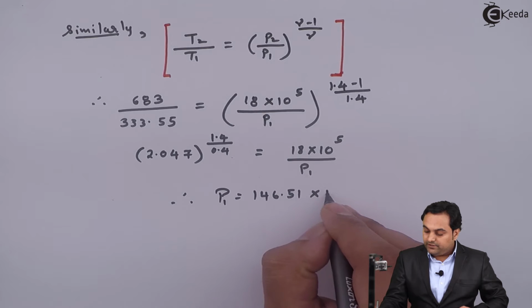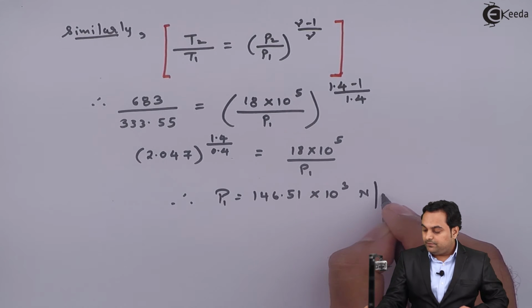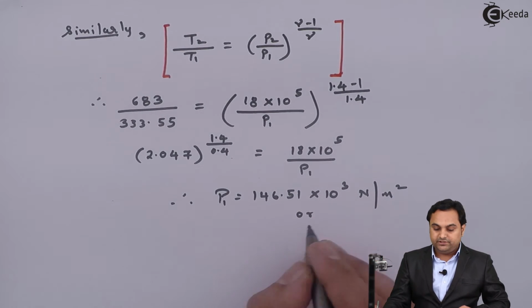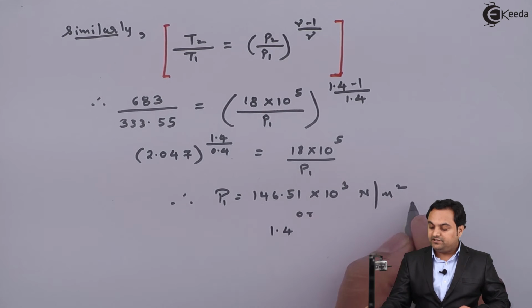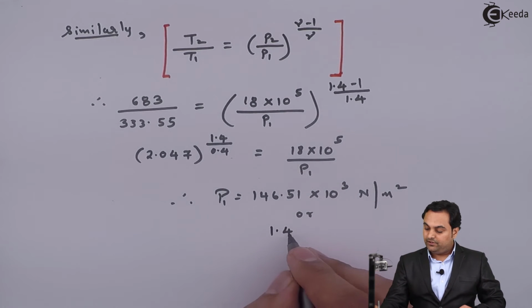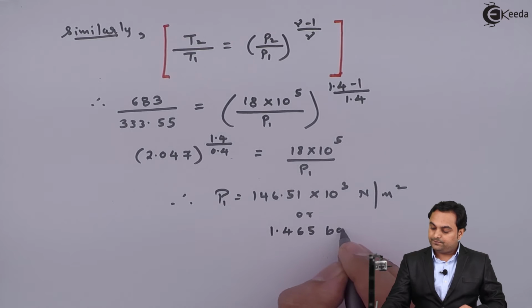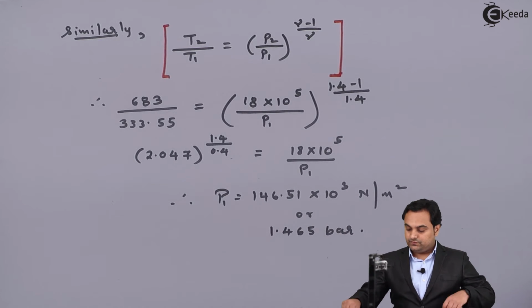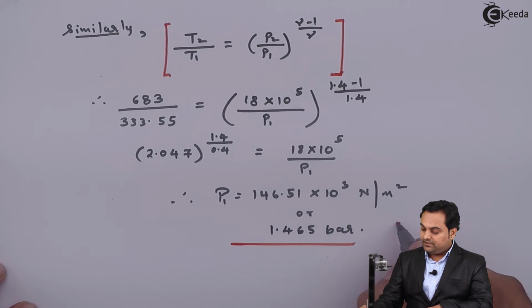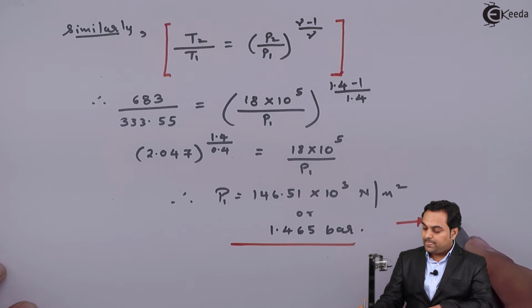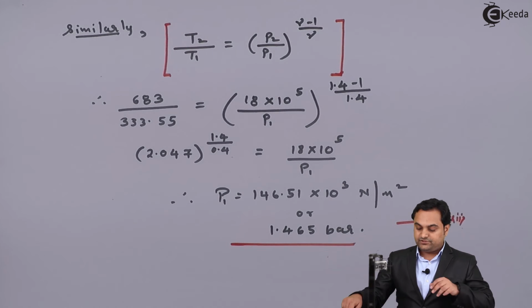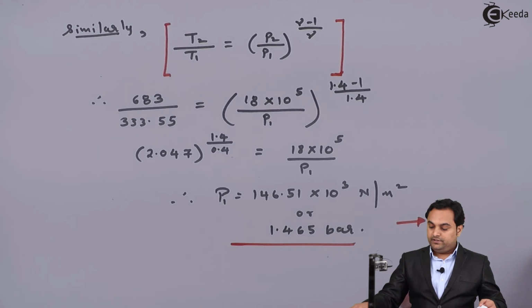146.51 into 10 raised to 3 Newton per meter square, or if I want to convert it into bar, that will be dividing this by 10 raised to 5, and it gives me 1.465 bar. So this is the second answer, that is we have calculated the pressure at point first. So pressure and temperature are known. Next, as I have started for